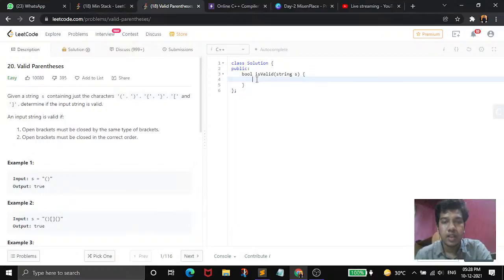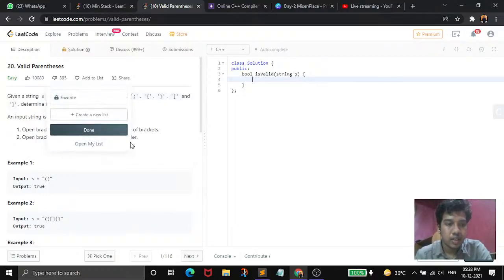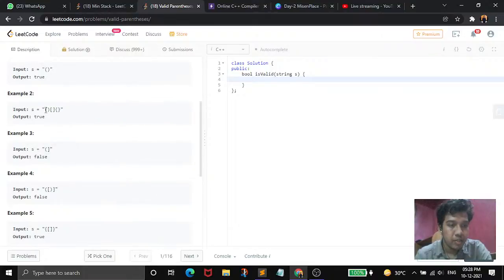So they are giving us an input string which is string S. For this string S there will be such type of input, and we have to check the parentheses and provide the output as true or false. So let's build this function first.